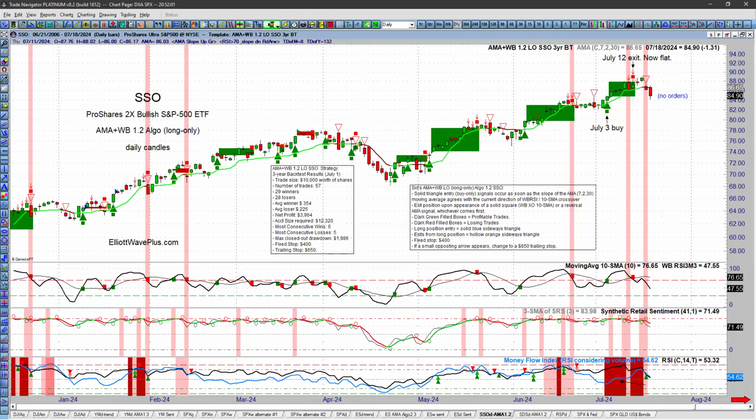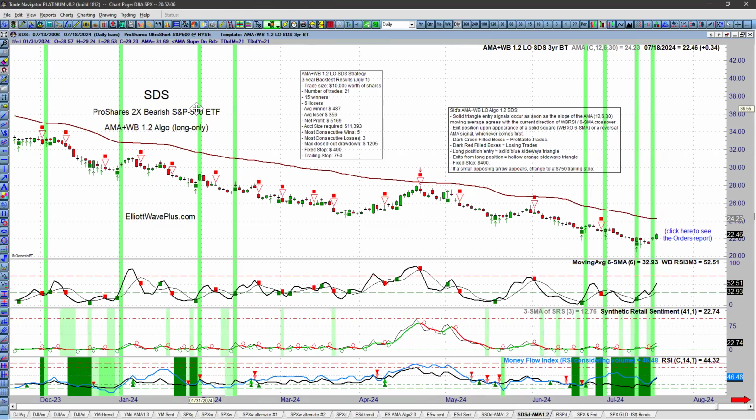Here's another new development. On the SDS algo, this is the 2 times bearish ETF on the S&P. No, we didn't get a buy signal here, but we did today get a buy signal on the 2 times bearish NASDAQ, and I'll show you that in a second. Look at the warning signs of a bottom on SDS. This is the bearish ETF. It's warning of a bottom, and you're starting to see some money flow come in, so that you're seeing some hedging come in here